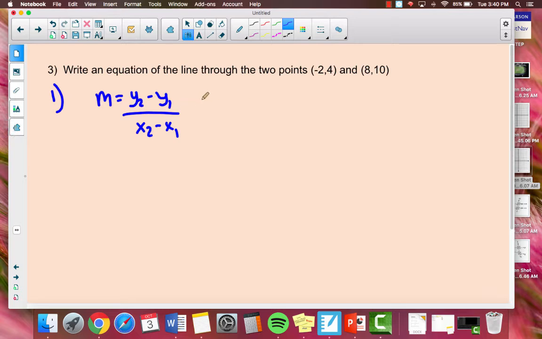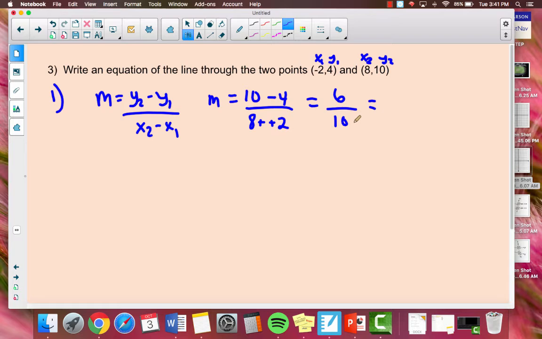So when I do that, I'd have that m is equal to, well, here's x1 and y1, here's x2 and y2. So we'd have 10 minus 4, so y2 minus y1, over, my x2 was 8, my x1 was negative 2, so minus negative 2. And now I can go ahead and simplify. 10 minus 4 is 6. 8 minus a negative, those become pluses, equals 10. And always make sure you reduce your fractions. So 6 and 10 can both be divided by 2, so we get 3/5. So there's my slope, and now I can use point slope form